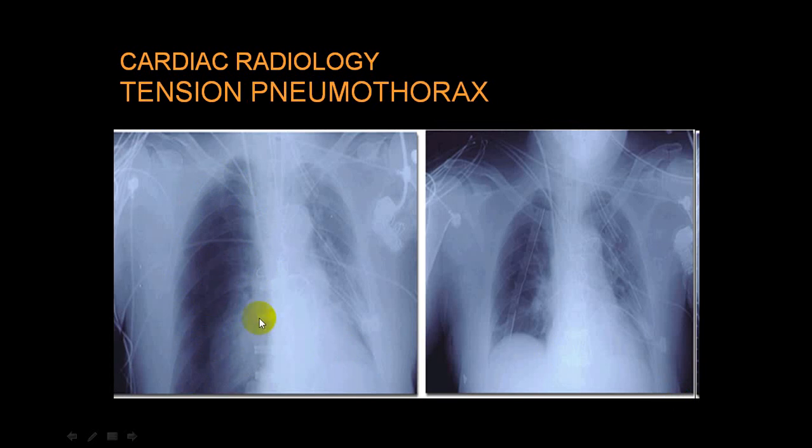Now if you look here, this is a pneumothorax and this is a collapsed lung. In a collapsed lung, hardly can you see a vascular marking. Is that clear? And this is after putting a chest tube. Now you can see the vascular marking clearly. So this can happen in a case of a tension pneumothorax. The chest tube is put, the lung expands, and now you can see clearly the vascular marking. Here you can't see a vascular marking at all. This is a completely collapsed lung. So in a collapsed lung, you may not be able to see the vascular marking.